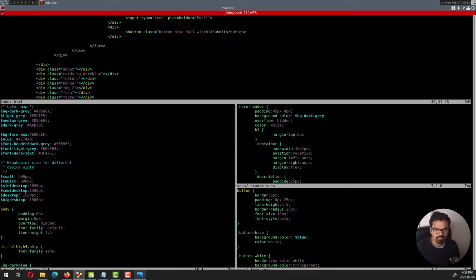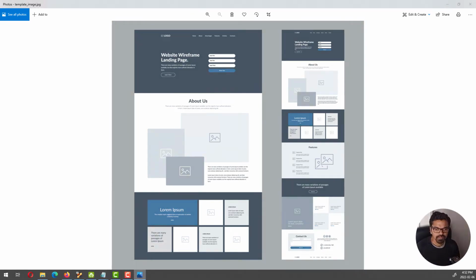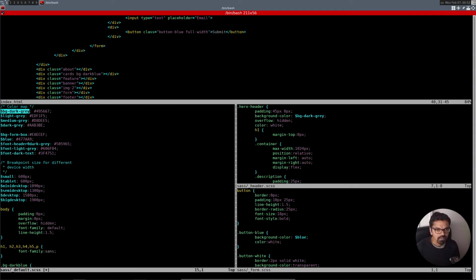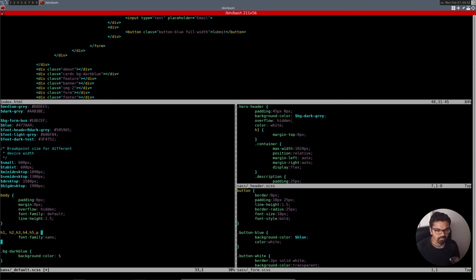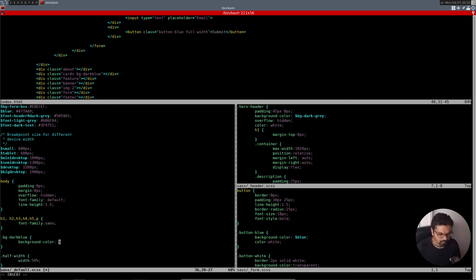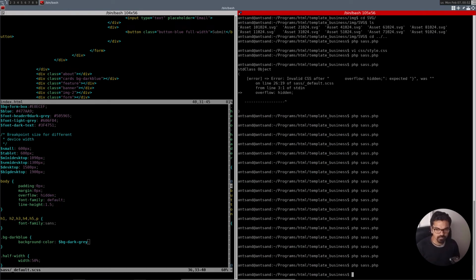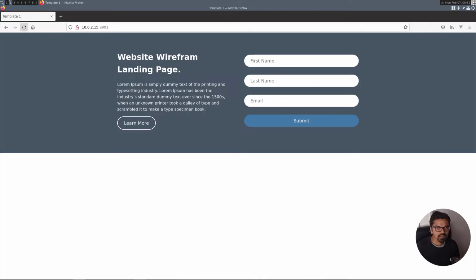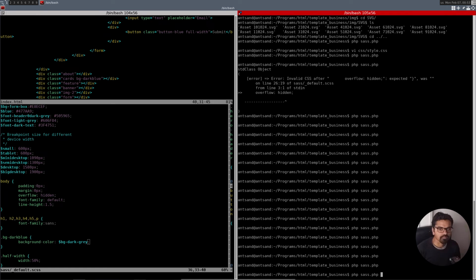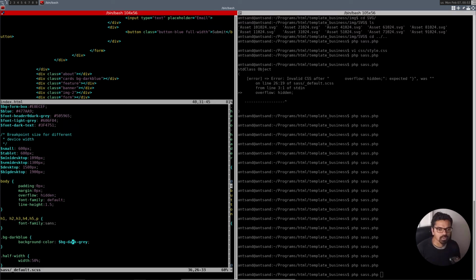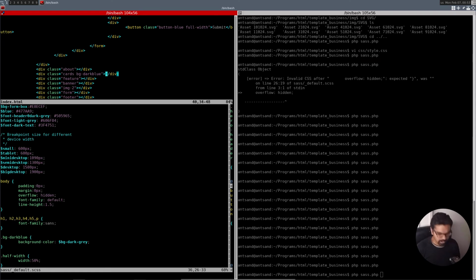is it blue or is it gray? What are we having here? No, it's the same as that guy. Okay. BG dark gray. Looks kind of blue. Hard to tell. Okay. See where we are right now. BG dark blue. Put this as